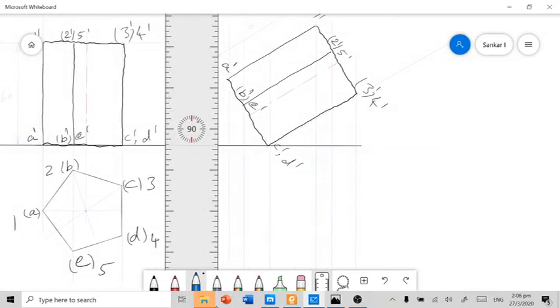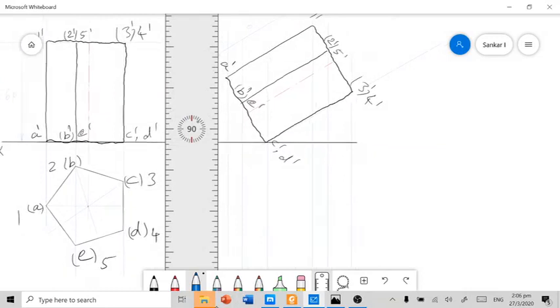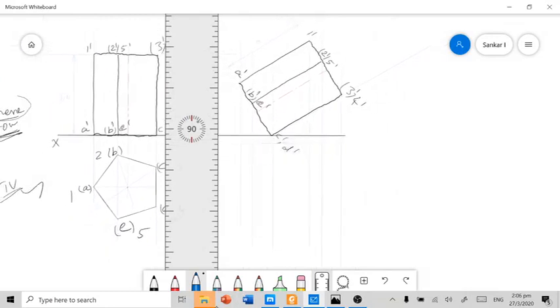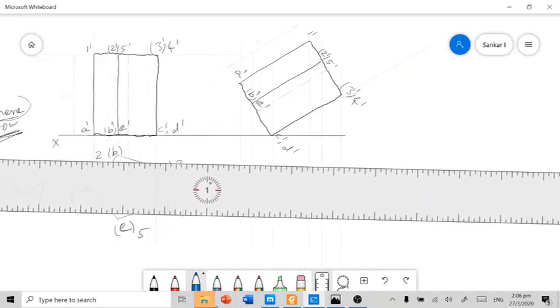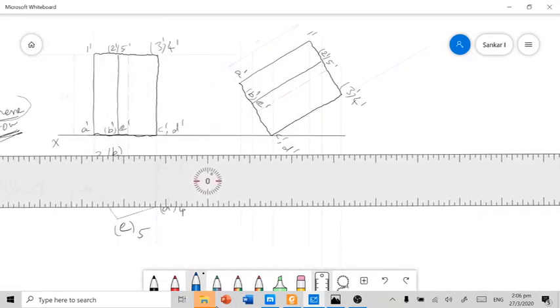I just drew the projectors from the current front view, and I needed to bring the projectors from the previous top view in order to find out the cut points.